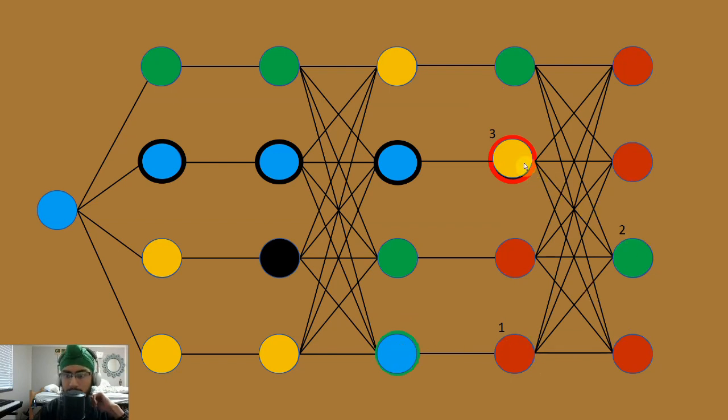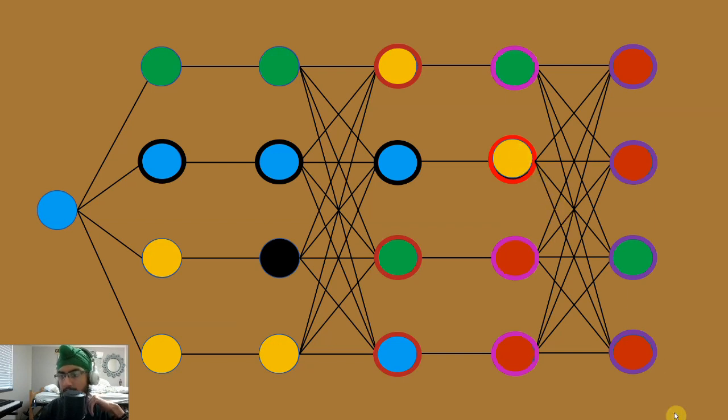Yeah, and a quick thing. So, yes, there are technically multiple paths that we could take to get to this blue node. But the way that you would program this, you would always have one path to every node that you get to, and so we can just follow that path back,